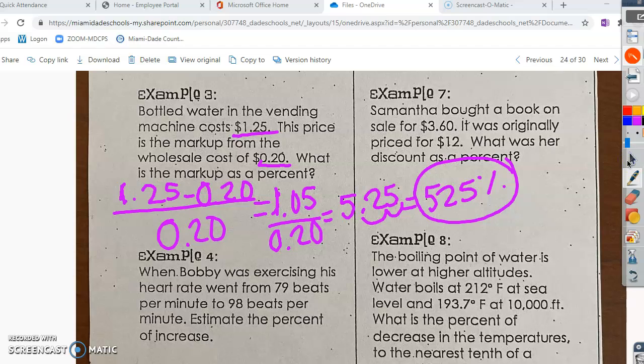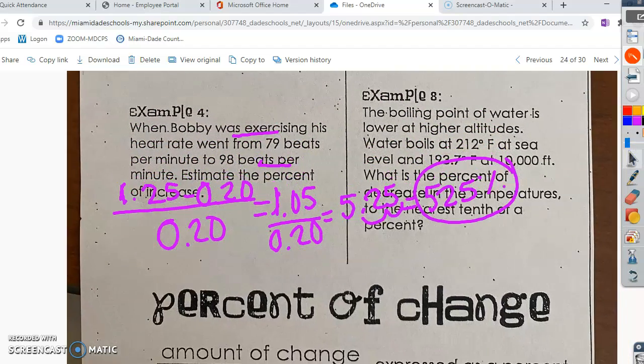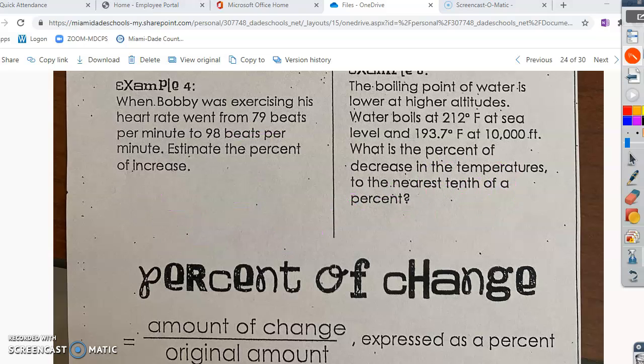Okay, moving on. Example 4. When Bobby was exercising, his heart rate went from 79 beats per minute to 98 beats per minute. Estimate the percent of increase. Now, there's a little keyword here, estimate, so be careful. So same process, we're going to go ahead and find the difference. So 98 minus 79